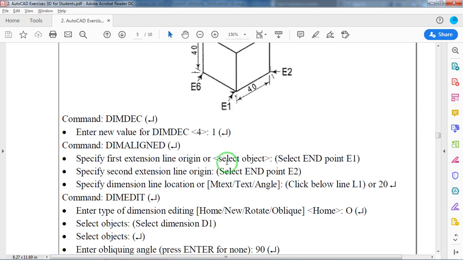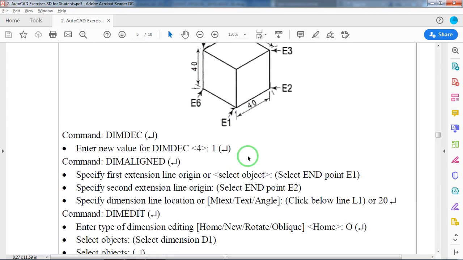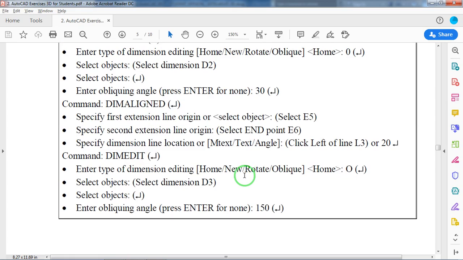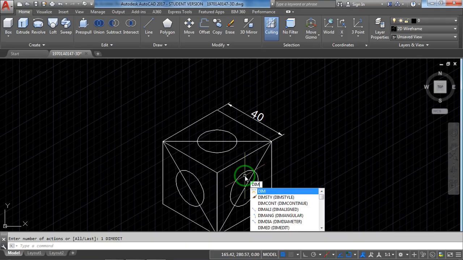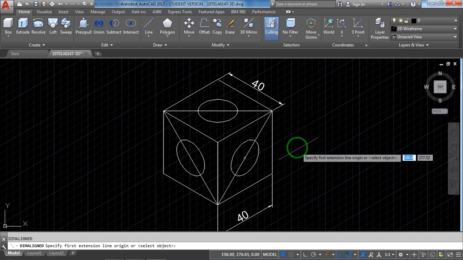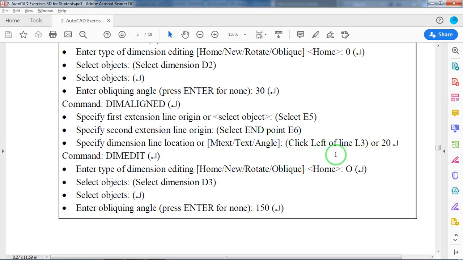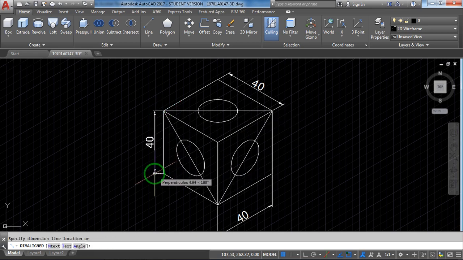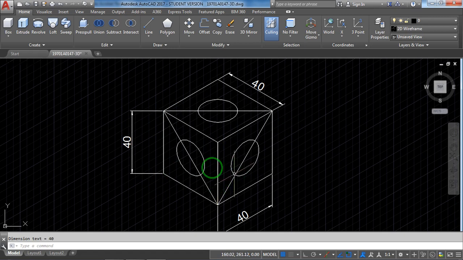The same way we are supposed to do ISO left, E5 to E6. Same thing. Dimension aligned, enter. What is the point? E4 to E5. Now length 20. See, when you enter 20 distance, it is not in line with that.